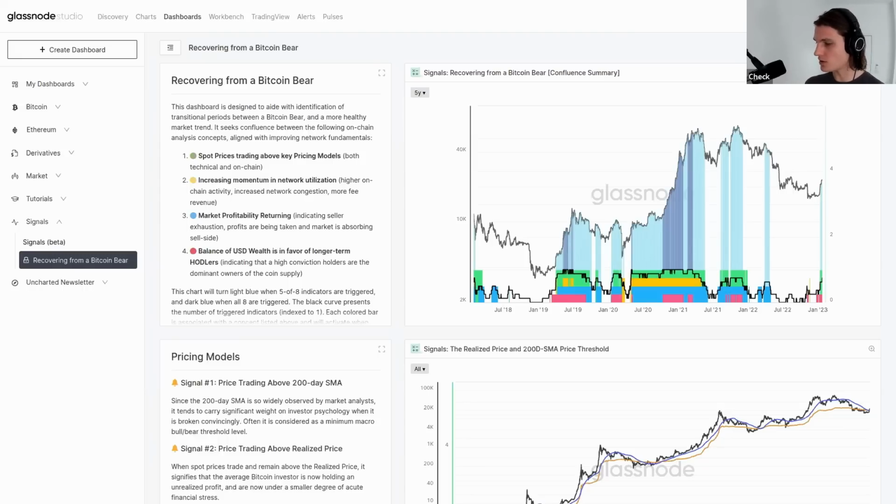So this is why when we look at things like NUPL, MVRV, net unrealized profit and loss, all of these tools are helping us understand what is the pain threshold that shook out investors in the previous cycle. Many, many of our metrics, at least from my perspective, have hit that threshold. And again, we don't know what the future holds. All we know is how did the human mind, the ape brain that we all have that is unchanged for thousands of years, react to that particular level of financial stress?